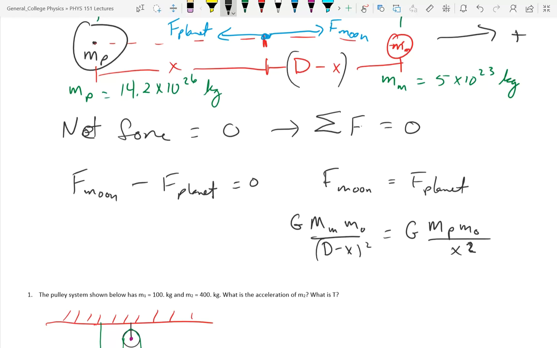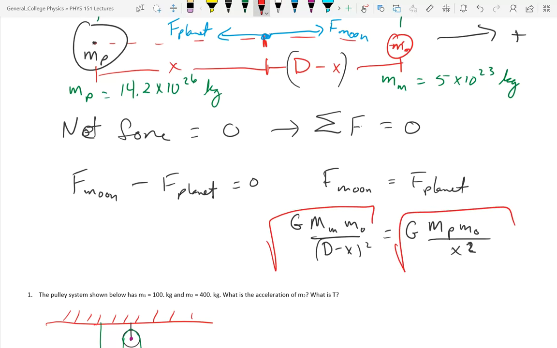Now, I did something really silly 10 minutes ago when I was solving this with Mira. I went ahead and expanded d minus x quantity squared. That's silly because the smart thing to do is to square root everything. If I square root everything,